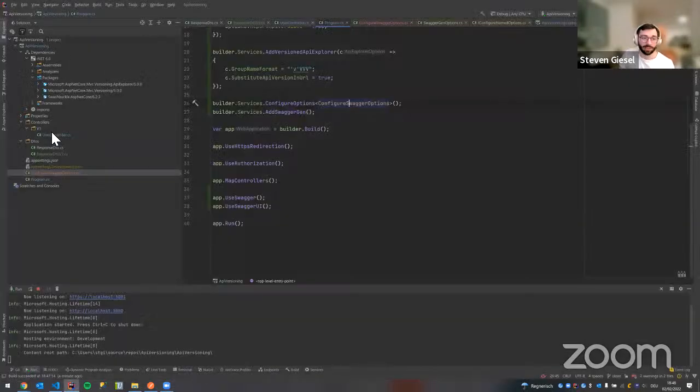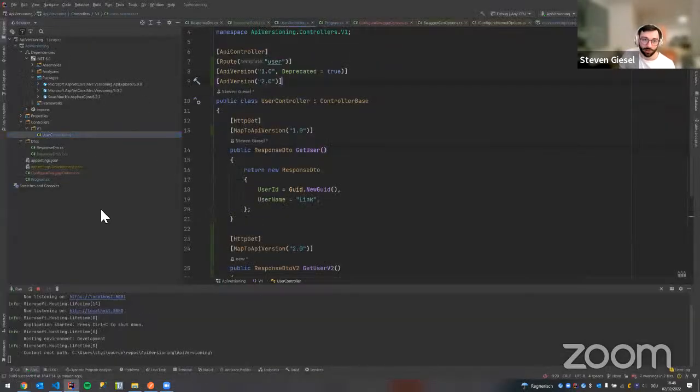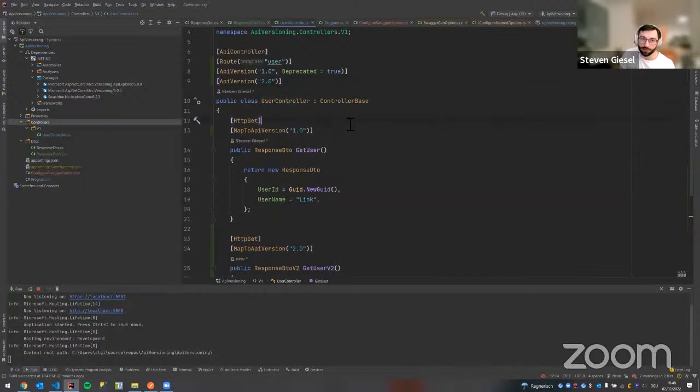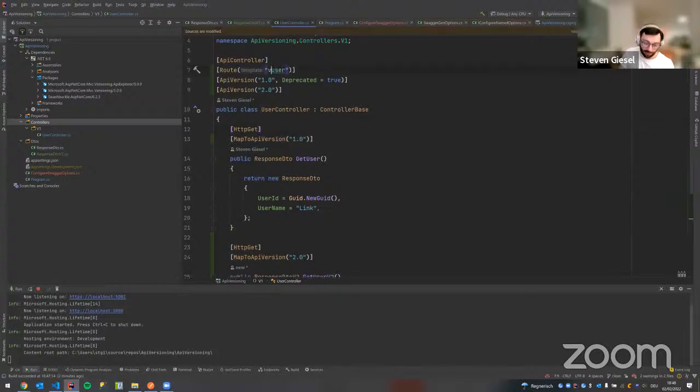So what I meant initially is you don't necessarily need this package. If you have a new controller, you can just have the route like version 1 user, and then you have another controller called version 2. Here, Swagger would of course work out of the box because multiple controllers are not mapped to the same endpoint. But unfortunately, it is how it is. Anyway,